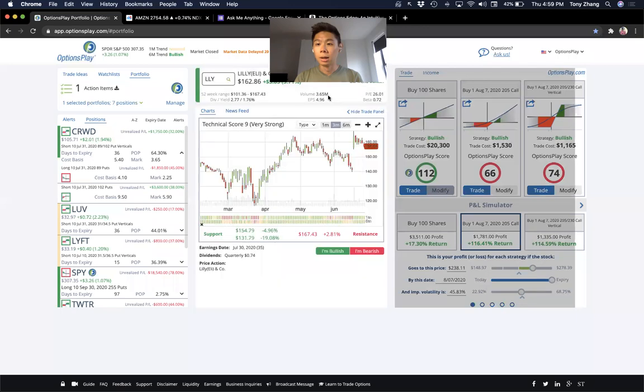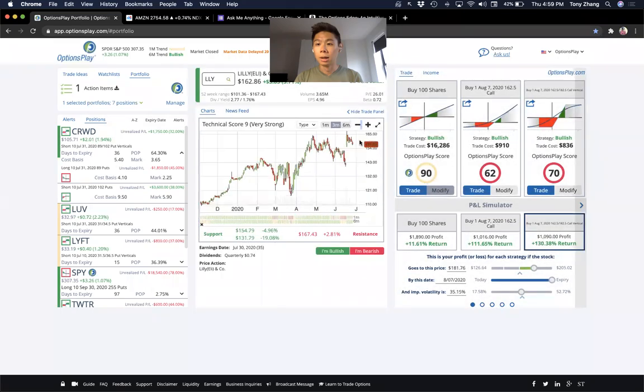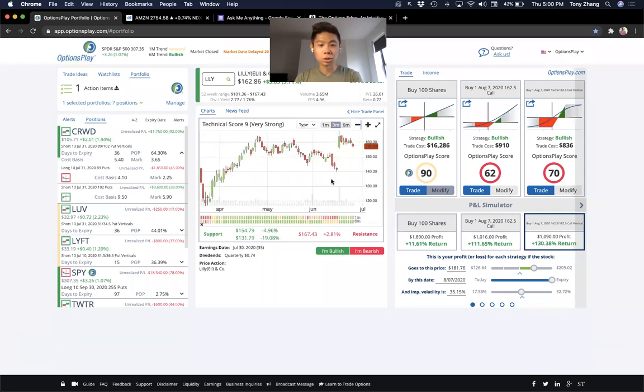Eli Lilly, short-term bearish. I certainly don't have a bearish view here on Eli Lilly. It is a relatively strong stock. You do have this double top here. Maybe it revisits this, fills in that gap, and then perhaps moves higher. But strong relative strength, and the 1 month and 6 month trend is bullish. Those are generally not the type of stocks that I'd like to short.